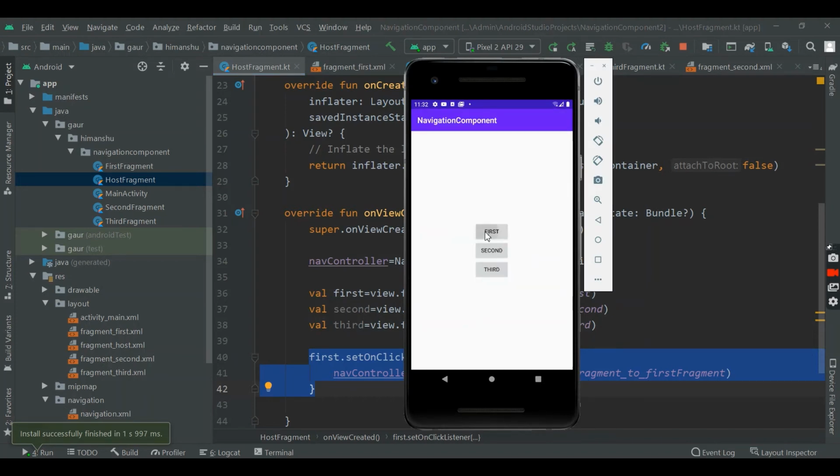Okay, now it's running, and when you click first you navigate to first fragment, but when you click second nothing happens because our setOnClickListener is not attached to our second and third button.